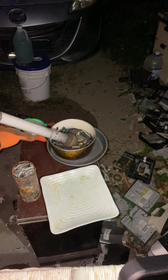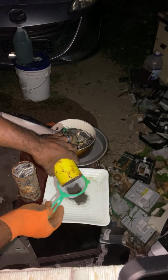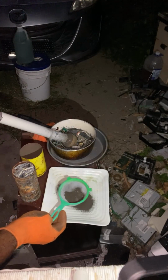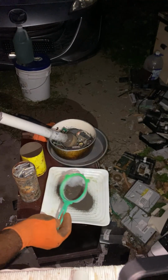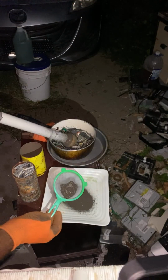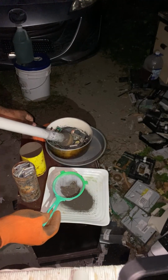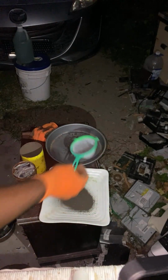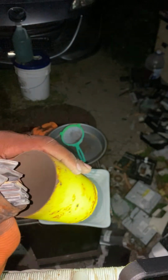So let me just sift out this that was inside here onto this thing right here. Just like that. And there are some bonding wires in this as well. And then the heavier stuff, the bigger stuff, I'm just gonna put in this pan right here for another crushing. All right, so let's add some of our IC chips inside here